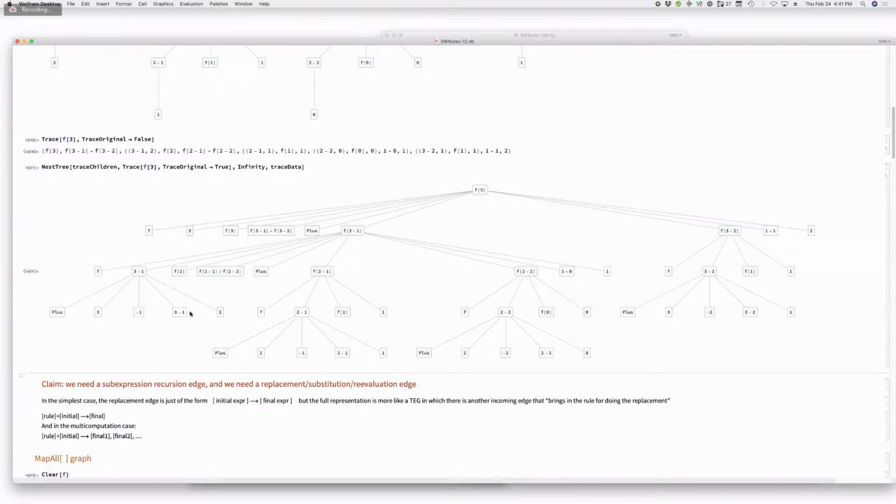Well, do you claim that contains? Okay, my claim is that trace with trace original true contains everything. It's just hard to read. I understand. So let's try and annotate this by changing edges and by adding some extra annotational edges. Okay, so let's take this case here. These are recursion elements, right? These are the evaluator going to this, to this.